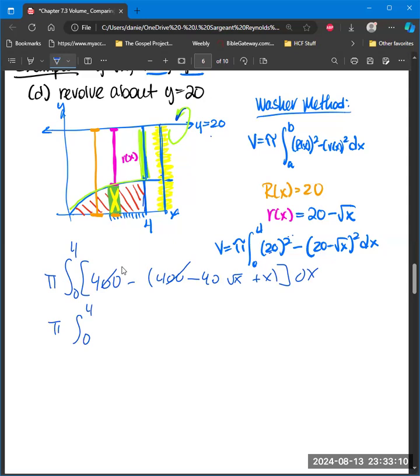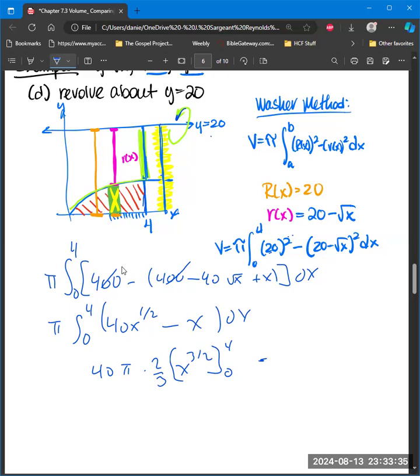Pi from 0 to 4 of 40 x to the 1/2 minus x dx. It's going to be 40 pi times 2/3 x to the 3/2 evaluated from 0 to 4